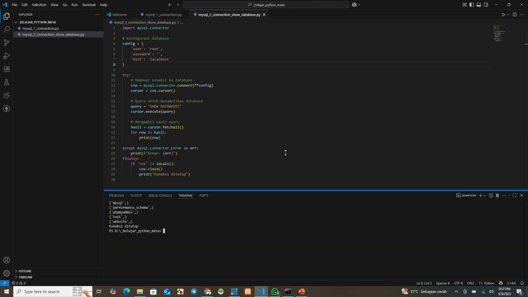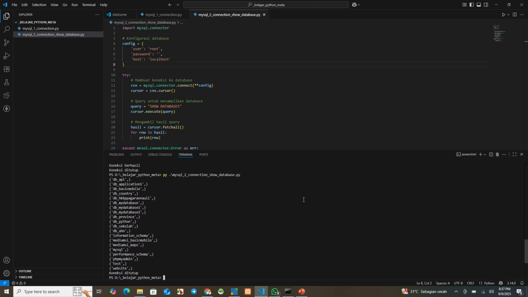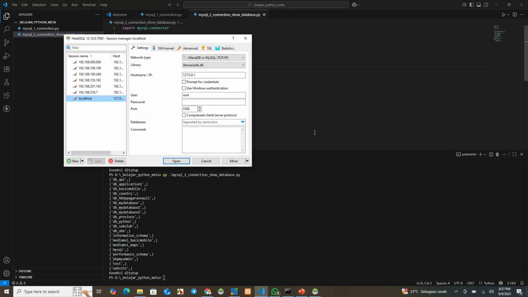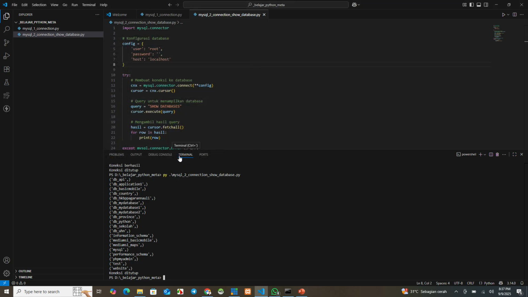Okay, we can see this. This is the databases on my MySQL. We can see a lot of data here. For example, DB API, DB application 1, DB basic mobile, DB country, DB HKBP Pagaran Nauli, DB my database, and so on.